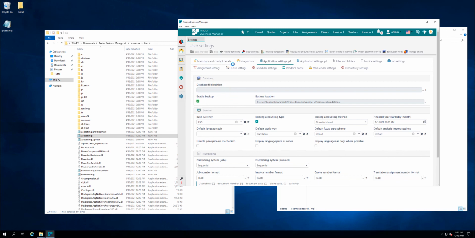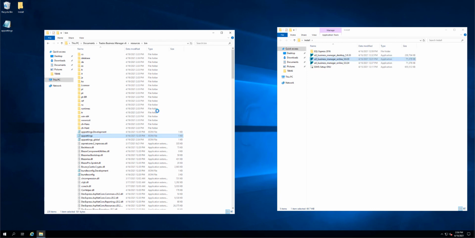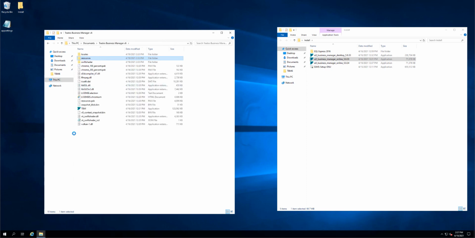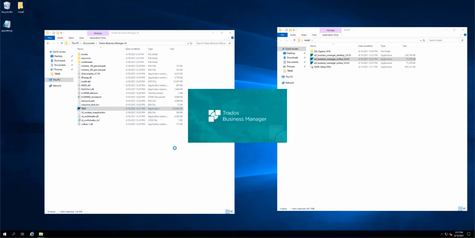And if I click save here and close the app, go to database, you will see that an automatic backup was created, and the application will maintain up to 5 automatic backups, and on the 6th day the application will delete the oldest backup first. So like this, and if I run Business Manager again